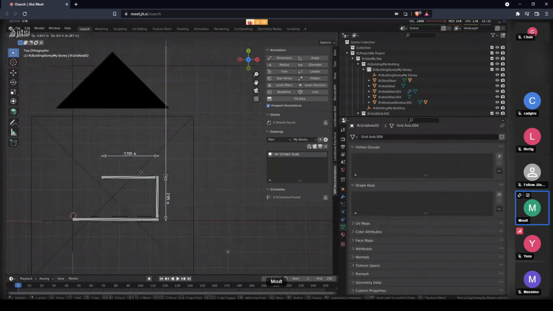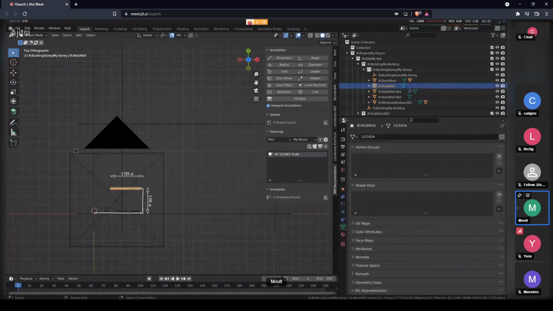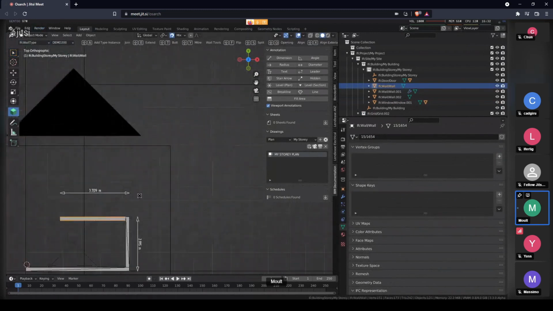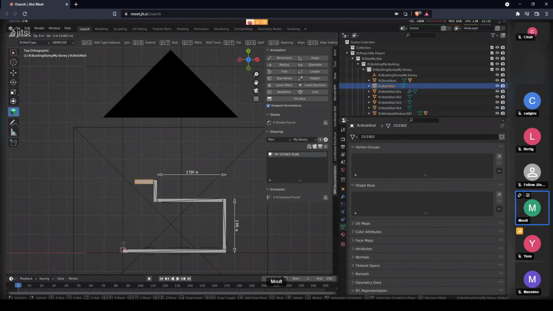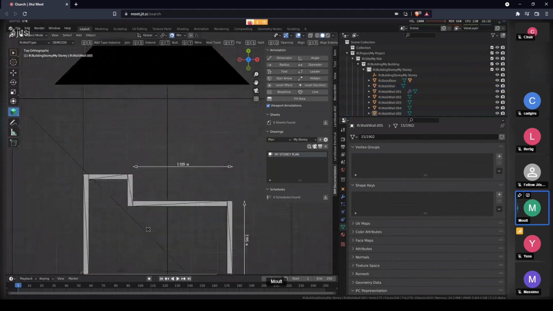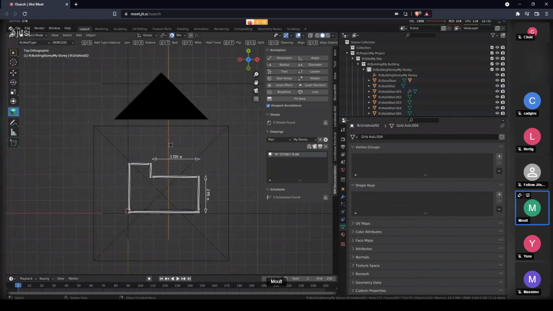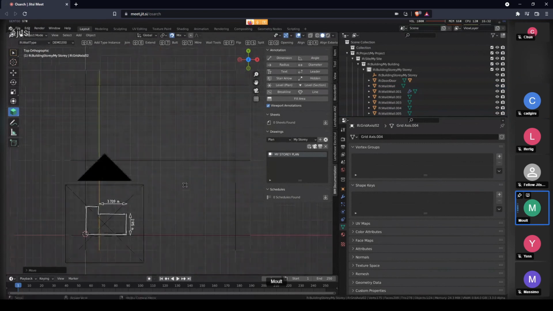Let's just draw a couple more walls so we get a fun shape going on here. I'll enable my snap. Let's join those two walls. Let's extend that to there, rotate that wall and join that. Okay, great. So now I've closed off the shape, so I can go and move these grid lines over here and